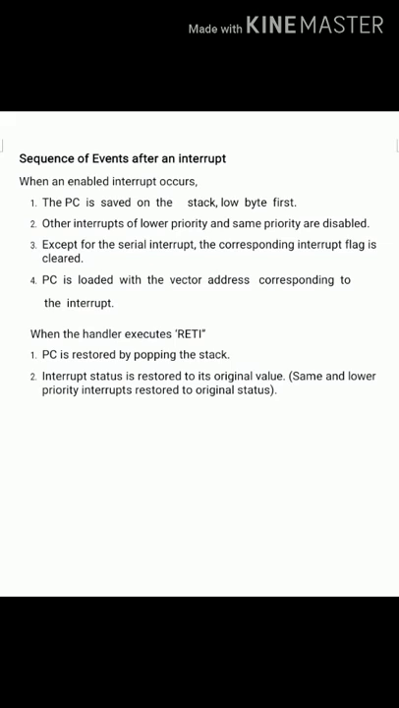Whenever the interrupt takes place, the processor might be executing some program at that point of time. If it is executing the current program and the interrupt comes, then it suspends the current program at that point of time and tries to service the interrupt which has come. So in that context, what it does is,